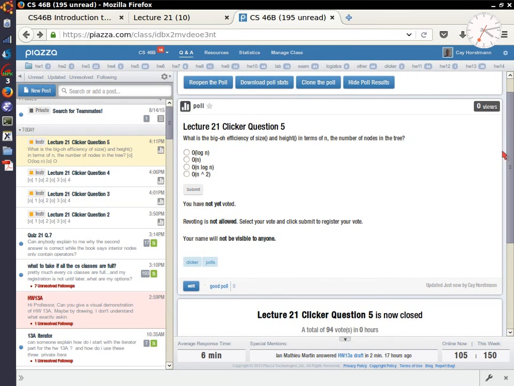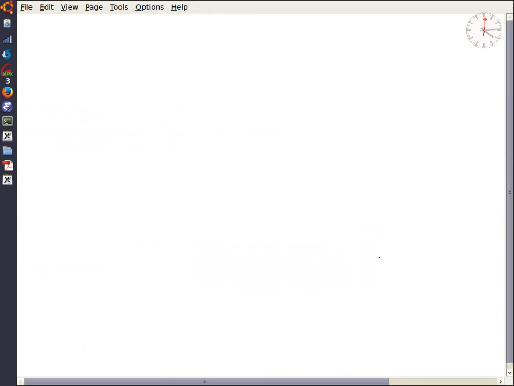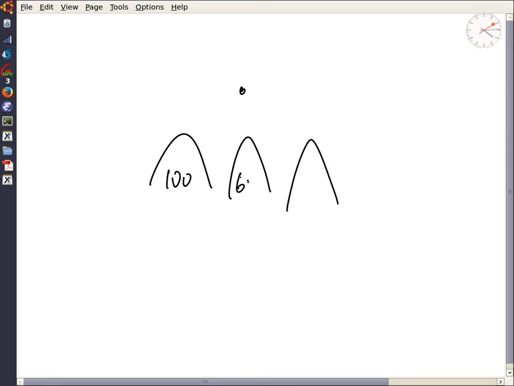All right, so the majority answer says it's O of n, and that is entirely correct. There's always a few people who say, oh, because it has to be with a tree, it should be log n or something, and that will actually get worse after the next lecture. So it is O of n, and the way you want to imagine it is that if you have your tree here, and say this one had 100, and this one had 600, and this one had 300 children,